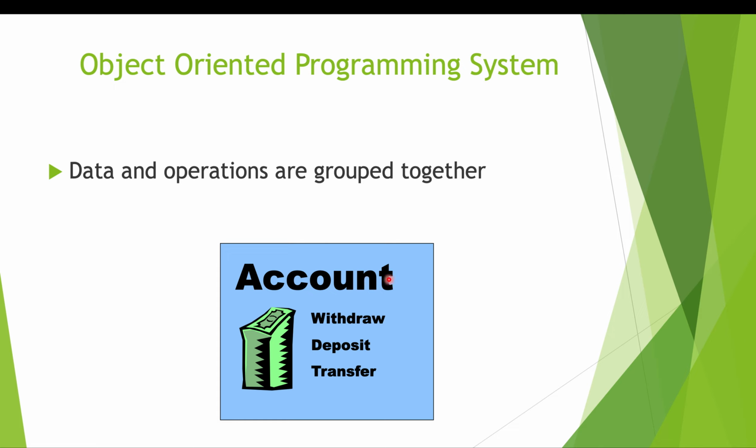So this, you can see, is the account thing. What are the things that are associated with account? First of all, what is going to be the entity that is going to be associated with the account? That is money. Next is, what are the functions that we can operate on account? Withdraw, deposit, transfer. So these are the things that are associated with account. So we are going to put them together in one box, you can say. We are going to put functions as well as the entity, or you can say the variable, the information together, and that is what our object oriented programming concept relies on.